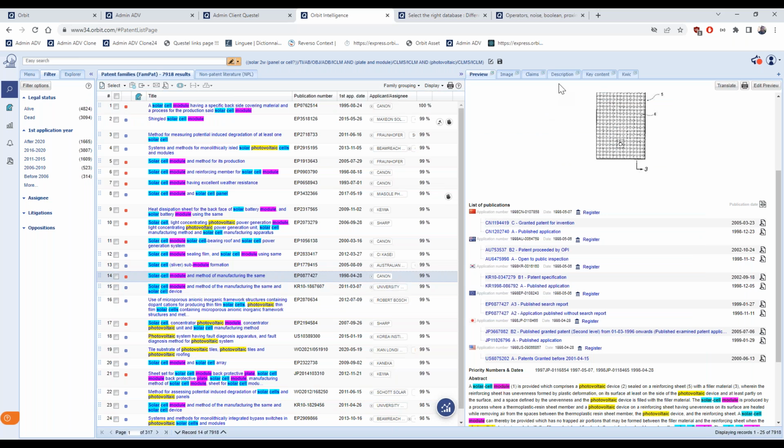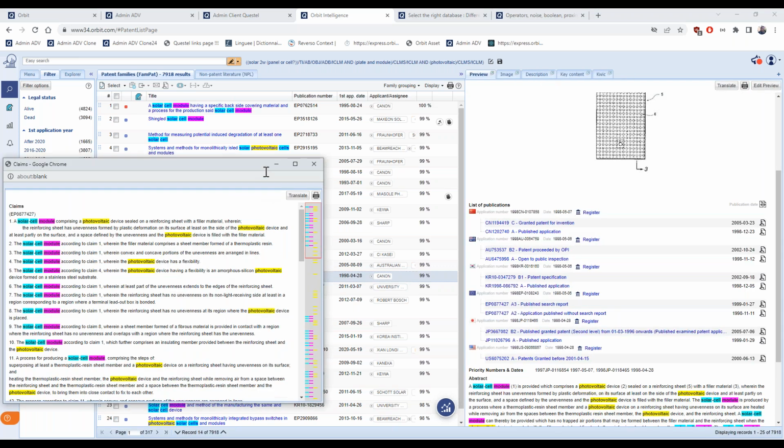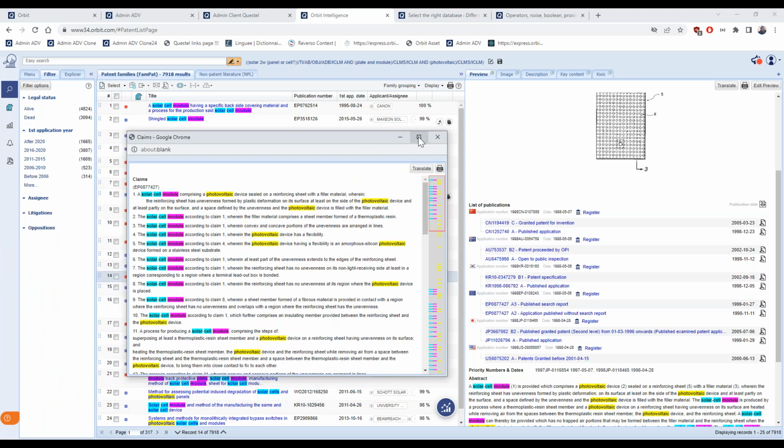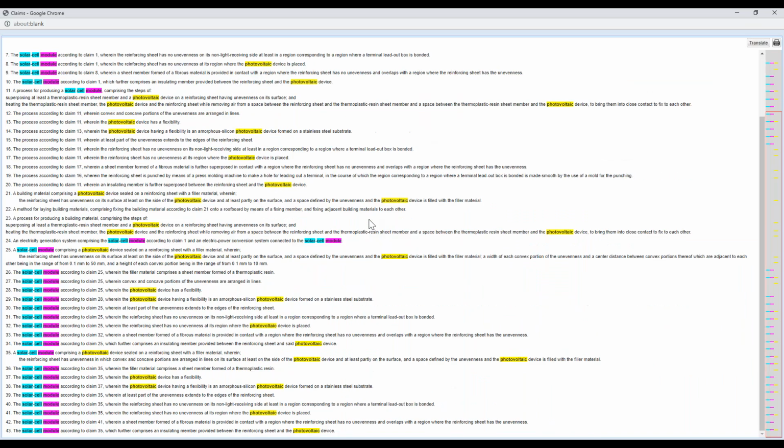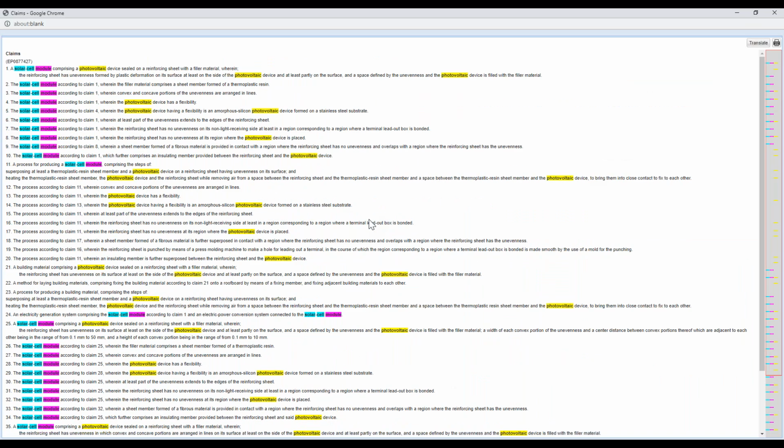To better see the tabs that you have on your right pane of your account, there are some very small squares that can be clicked, like for the claims, and a new window will pop up, and you can review with a higher zoom.